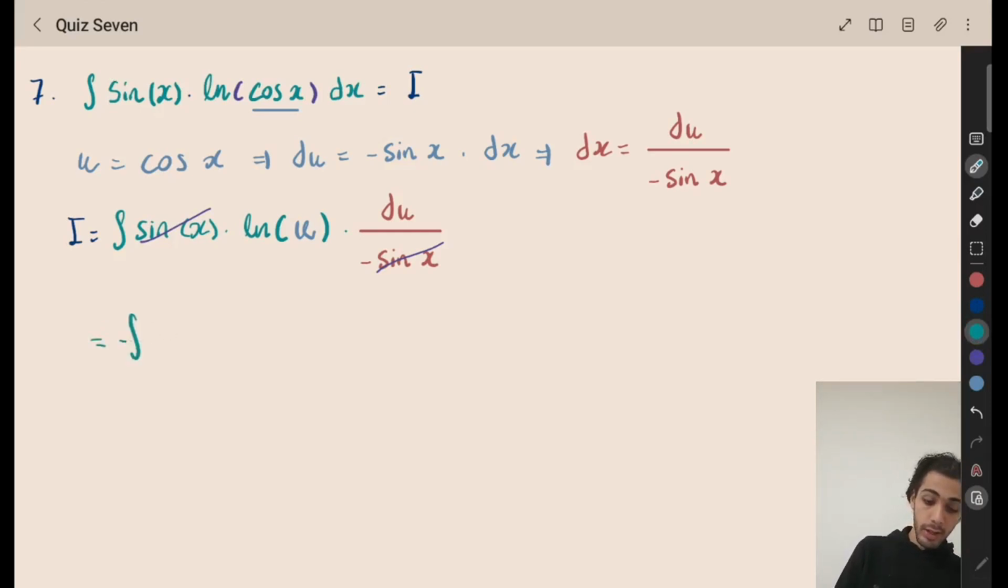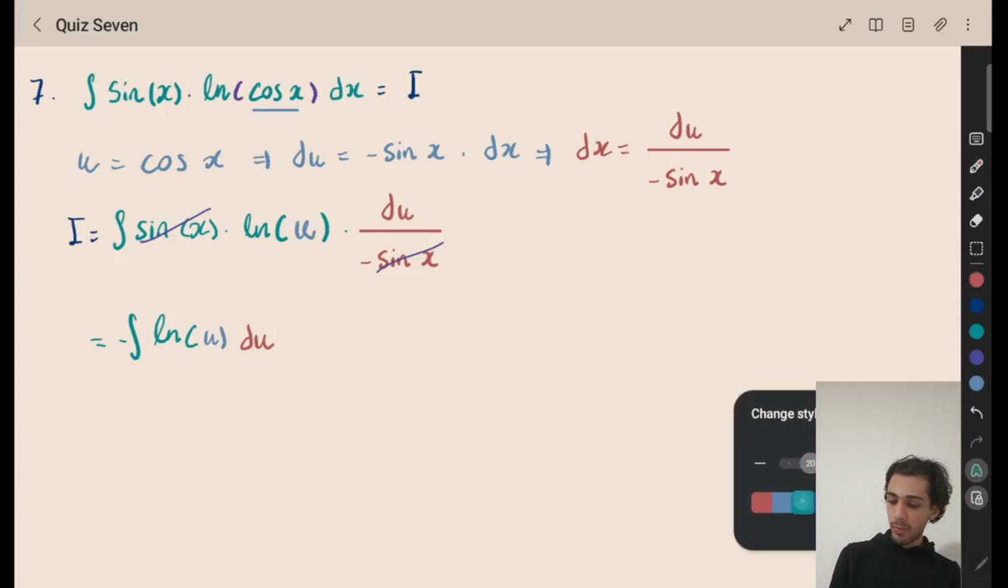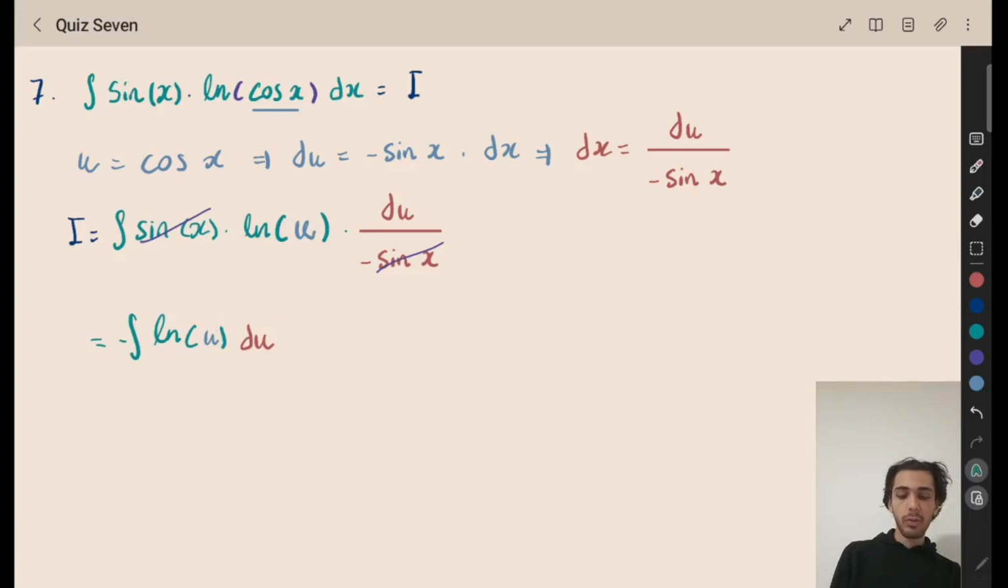So it's a negative integral. There's a minus sign here. And I have ln of u, and I have a du on the right. So in this case, if you know how to integrate ln of u, then this should be fine. You should proceed by parts. So you would choose